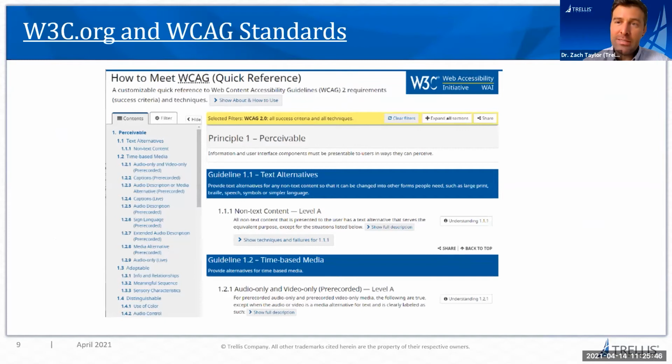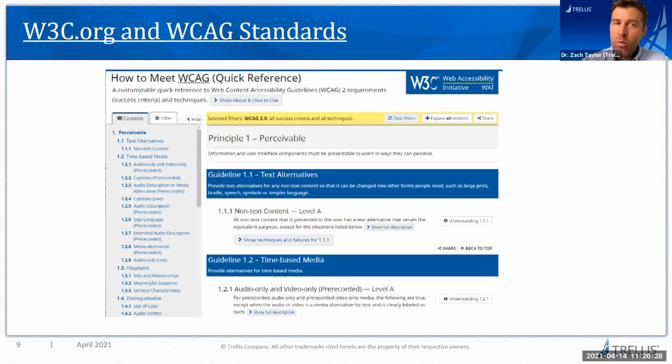Here's a quick screenshot. Again, this is just a small snippet, a small overview of some of the standards. It has to do with font size, color contrast, how you build menus and drop-down lists, how you use hyperlinks, how you embed pictures and video, multimedia content into websites, PDFs, PowerPoints. It's a really robust set of web standards. And there are entire organizations dedicated to solely web compliance and accessibility compliance using WCAG 2.0 as the official level of compliance that Title IV institutions need to abide by.